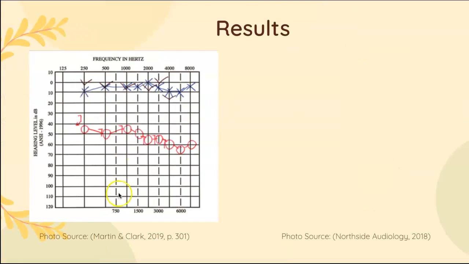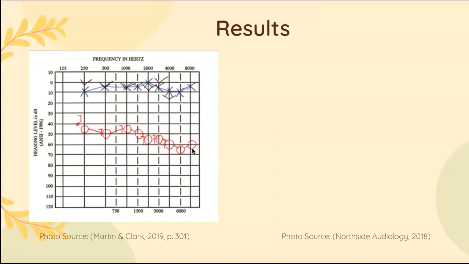The results can show a sensory neural hearing loss, as in the audiogram here to the left-hand side. The individual whom this audiogram belongs to has a unilateral sensory neural hearing loss and is diagnosed with Meniere's disease. As you can see, the right-hand side has its bone conduction and air conduction results in the moderate to moderately severe hearing loss. And so when there is bone conduction here in the lower range, that's how you know that it's a sensory